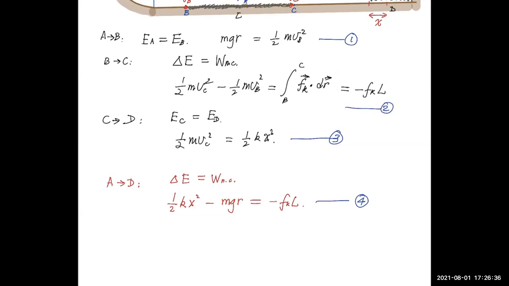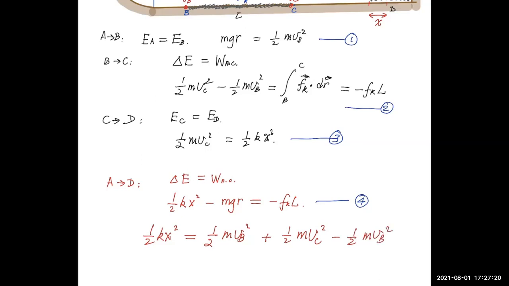So we have 1/2 kx squared equals the sum of mgr and negative fkl, right? But mgr, as you can see from equation number 1, isn't that just equal to 1/2 mvb squared, right? And then minus fkl, but fkl isn't that equal to the sum of 1/2 mvc squared and negative 1/2 mvb squared from equation number 2, right? So I can write this as 1/2 mvc squared minus 1/2 mvb squared,